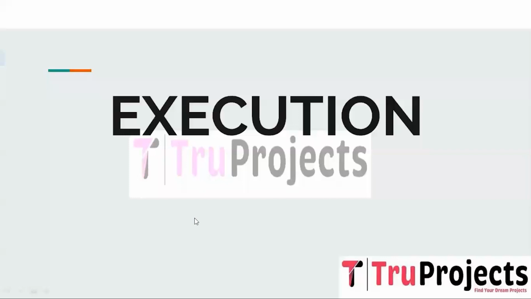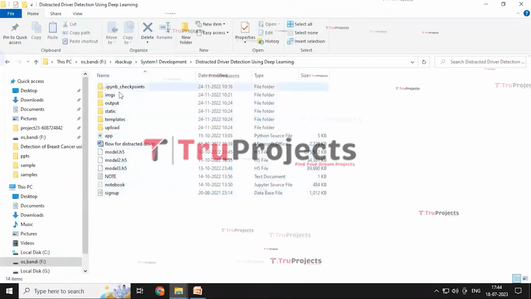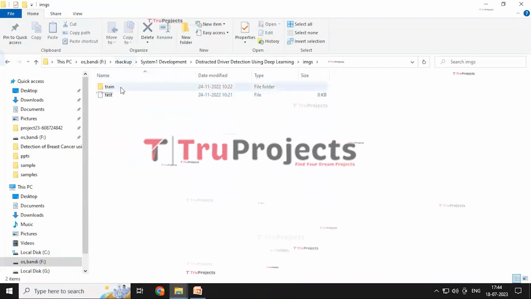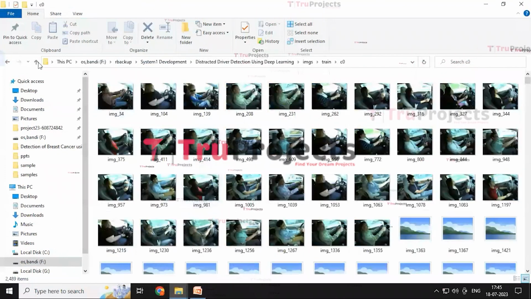The execution of the project. To execute the project, first we need to open the code folder. This is the code folder containing different files within it. The images folder contains the training and testing images within the folder, and